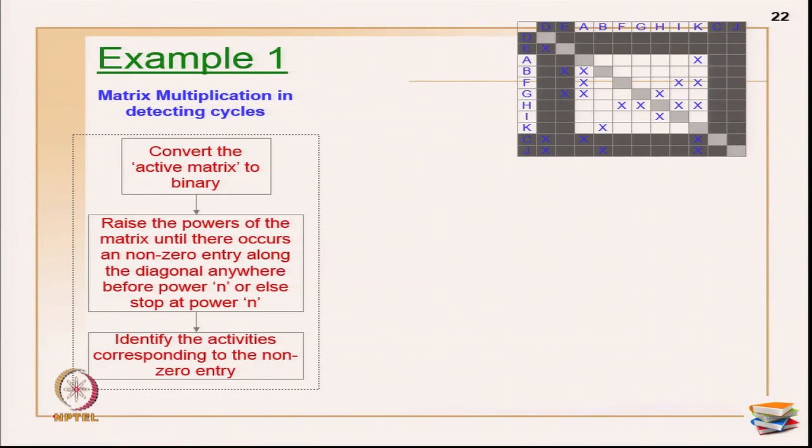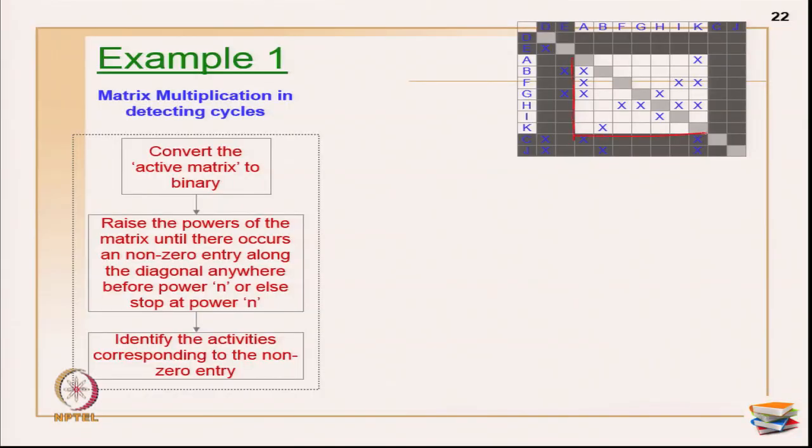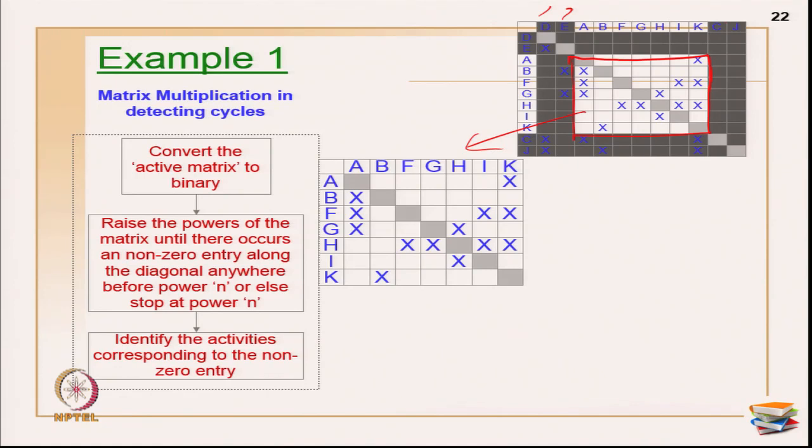Okay. So now what you have to do, I have got this matrix. Now I am going to give a new name for this matrix. So this is primarily the active matrix, which implies the matrix for consideration is only this portion for you, because you know D is first activity, E is second activity, C and J are the last activities, that is known to you very well. Now your main botheration is to know what is the sequence within this. Okay. Now what you have to do is convert the active matrix into a binary matrix. Now this is my active matrix.